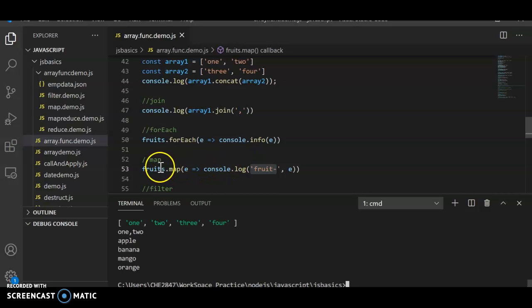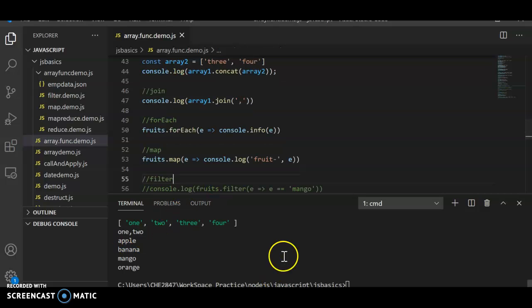So I'm taking this fruits array and applying this logic on each element, and it's going to return the updated elements. If you run this, you will get the fruit icon appended to each of these elements in the fruits array. Let's go ahead and run this. It just prefixes each element of that fruits array with the fruit icon.